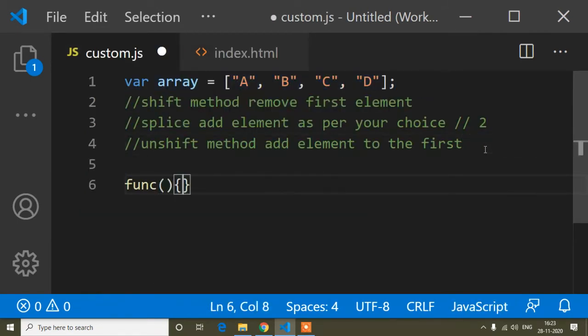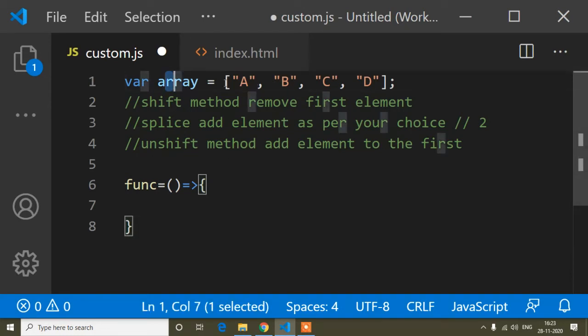And now in this method I will use a fat arrow function. I always say, guys, you can write the function keyword, otherwise you can write a fat arrow function. Here I will use a fat arrow function because ECMAScript 6 introduced fat arrow functions, so we should upgrade to the new features. Now, to write anything inside this function, first of all I will show you the original value.